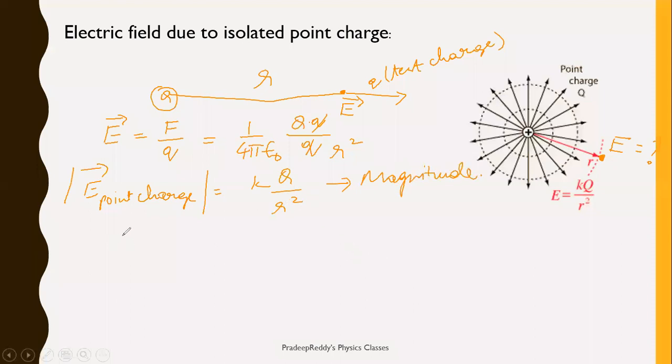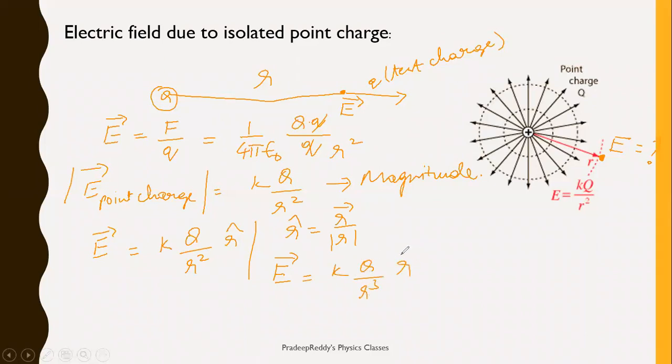Going to vector notation, you should write this as E bar, which is equal to K capital Q divided by R square into R cap. R cap is in the direction of electric field. So as we know that R cap is equal to R bar divided by R magnitude, taking this R cap and substituting here, you will be getting E bar is equal to K capital Q divided by R cube into R bar. This is the equation which is in vector form,